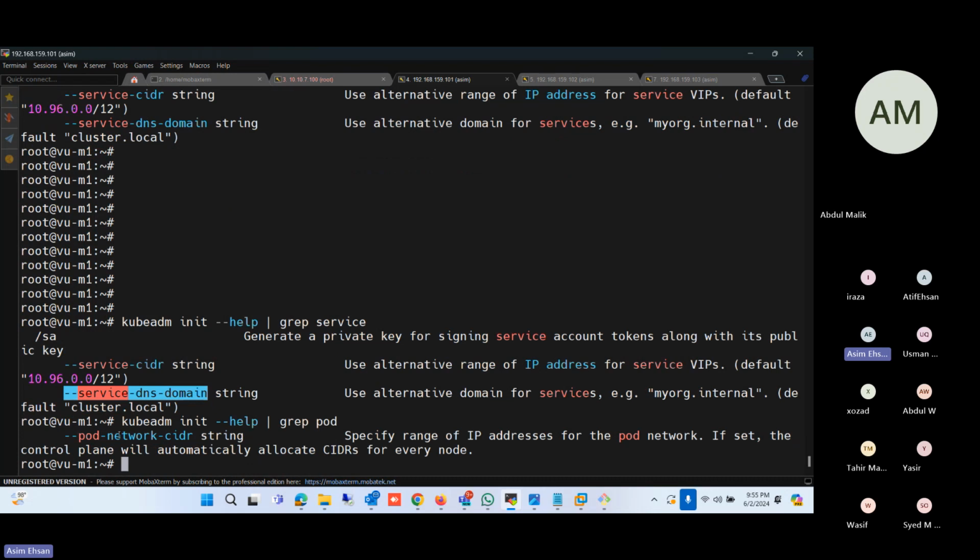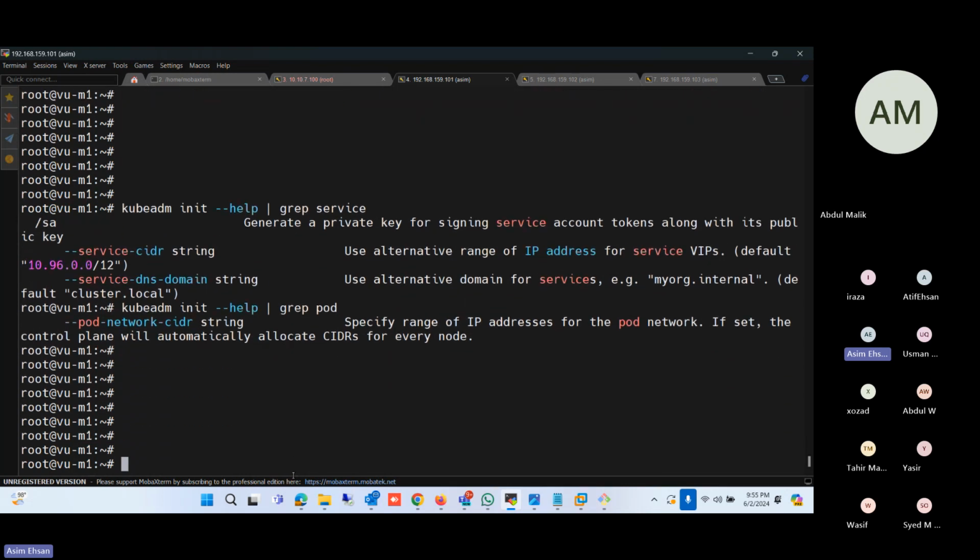Yeah, pod network seeder. So these are all customizations you can do, and you see, if set, the control plane will automatically allocate a seeder for every node. So we have to provide with this parameter a big range of IP that will be further divided into small subnets for each worker node. So now there is kubectl get